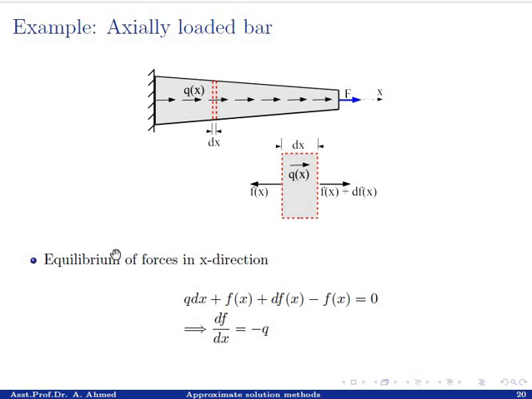Now equilibrium of forces in the x direction requires that the sum of all the forces must equal 0. So the total force exerted by the distributed force plus the force on the right face plus the force on the left face must all equal 0. And if you simplify this equation, I get dF over dx equals minus q,